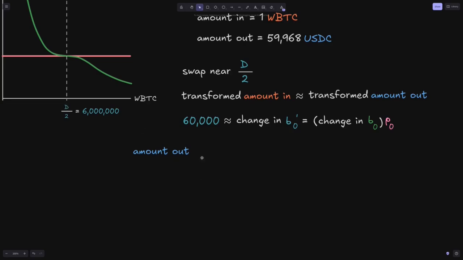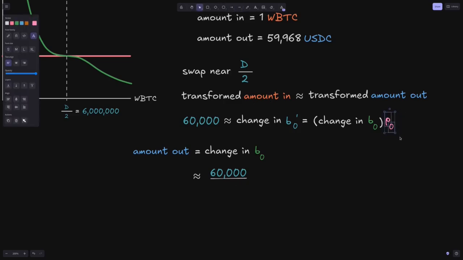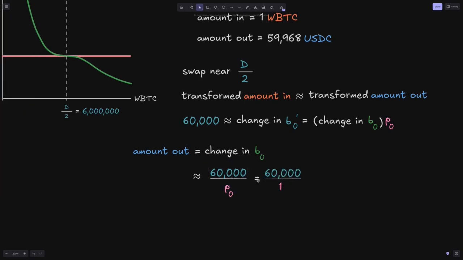The actual amount of USDC that will come out, by definition, is the change in the actual balance of USDC: the balance of USDC before swapping minus the balance of USDC after swapping. And this is approximately equal to this part of the equation, and we're going to solve for the change in B0. So taking this 60,000, to get the change in B0, we need to divide this number by P0. Since the price scale of USDC is equal to 1, this is 60,000 divided by 1, which is equal to 60,000. This 60,000 over here represents the transformed balance, and this 60,000 over here represents the actual balance